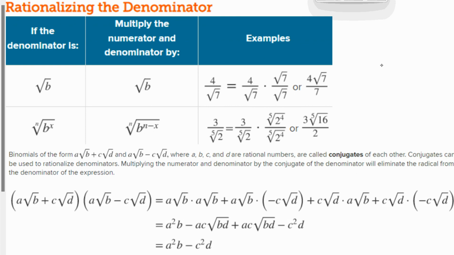The key concept of section 5 is rationalizing the denominator. One of our simplifying rules was that we can't leave a square root in the denominator, so we need to rationalize it. Whenever there's one single term on the bottom, so just a square root of something or a fifth root of something, or maybe something multiplied by that in front,